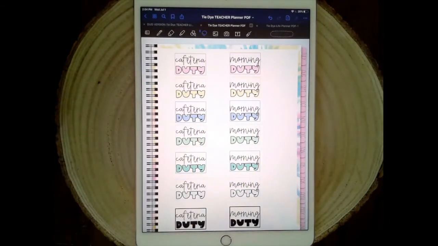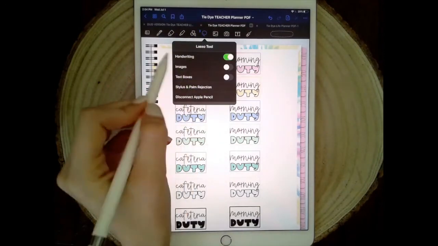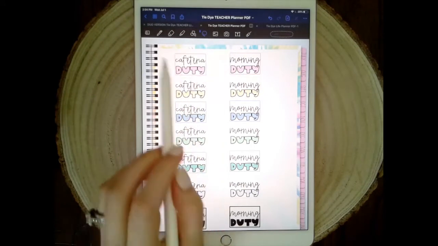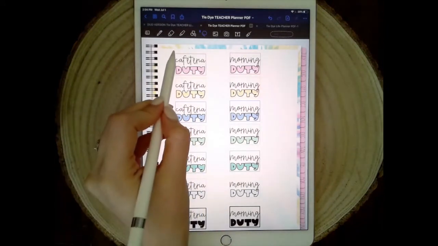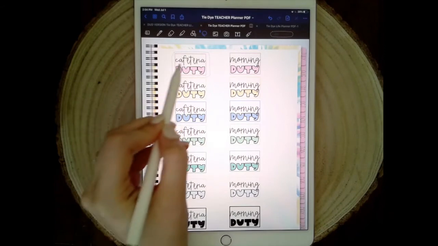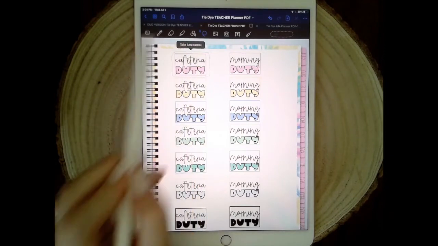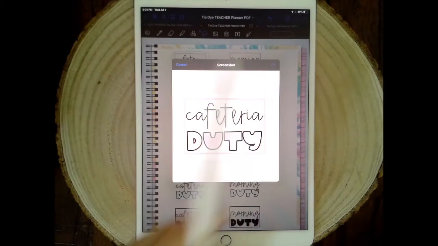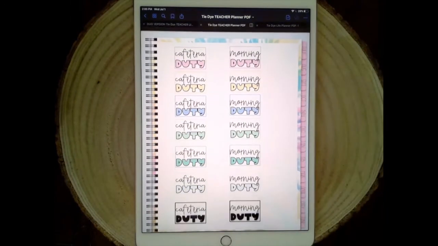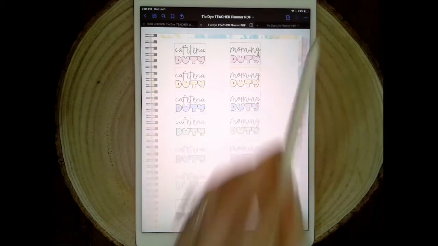So I'm going to click the lasso tool, and I'm going to make sure that's highlighted, otherwise it won't circle it. So I'm just going to lasso around the sticker I wish. I'm going to tap on it, click take screenshot, tap the arrow and click copy. I'm going to get out of the annotation toolbar, go back to July, no, it was in August. Go back to August,